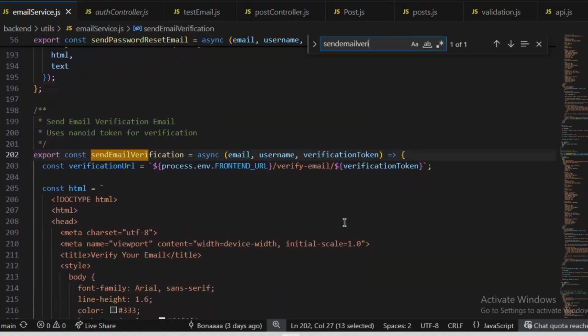Similarly, send email verification accepts a verification token parameter, and the NanoID implementation happens in the user model, not here. This function just formats the email with the token.